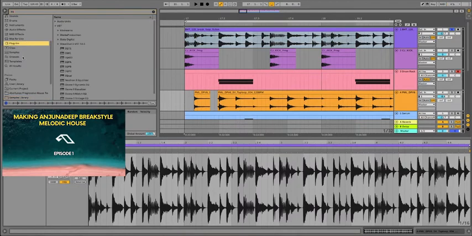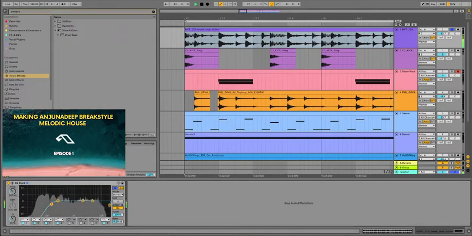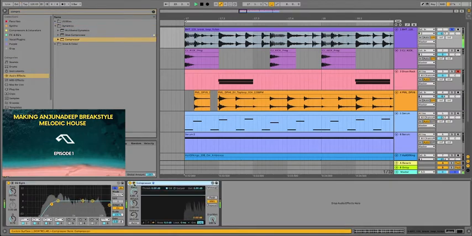Let's have a look. That kind of gets me the top loop without the kick. Cool, then sidechain this to the kick.